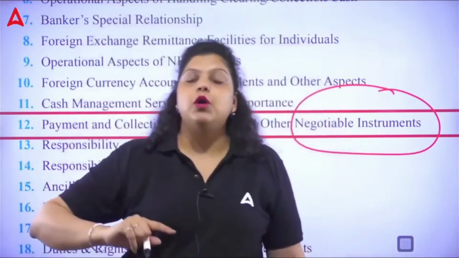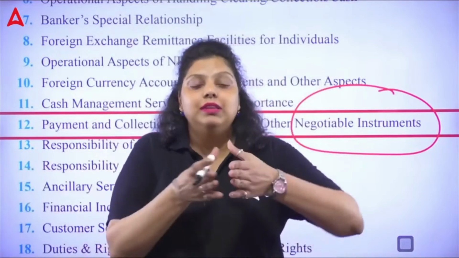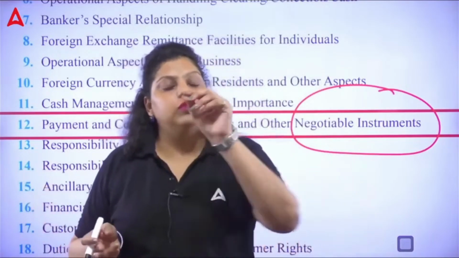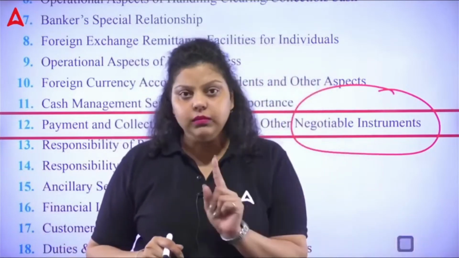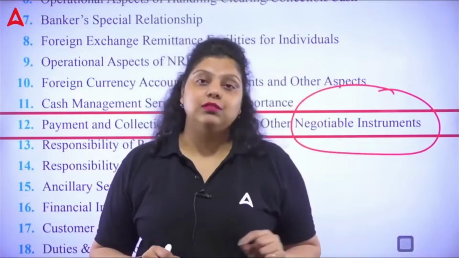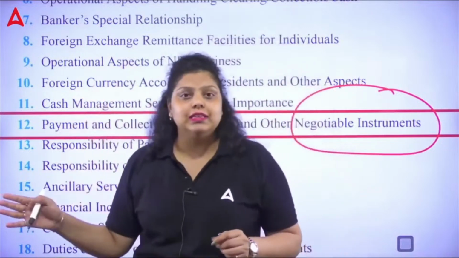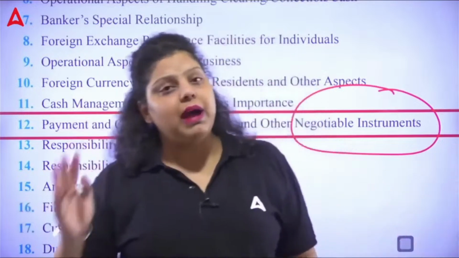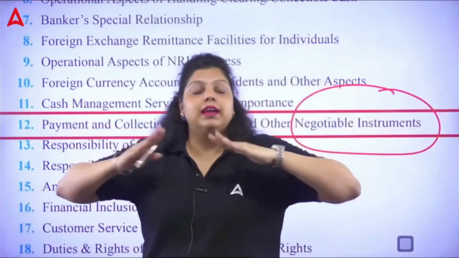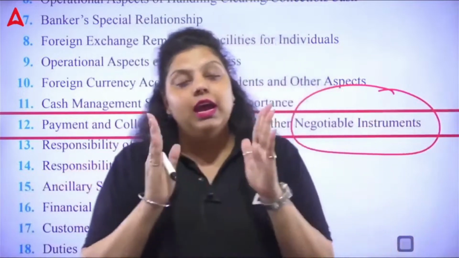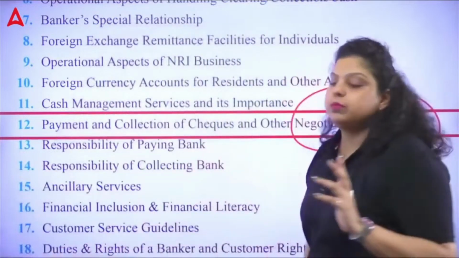You can take that promissory note to the bank and get the discount from the bank. It means on demand and on the maturity period, you will be able to get your money. That's what the negotiable instrument is for. Clear? Apart from that, it talks about the check in detail, like what conditions of the check there are, what is CTS, when the bank will be liable, when the bank will not be liable, in whose mistake the payment will be done or not, etc. Everything related to the check, promissory note, and bill of exchange will be covered here. So this is what the negotiable instrument is.